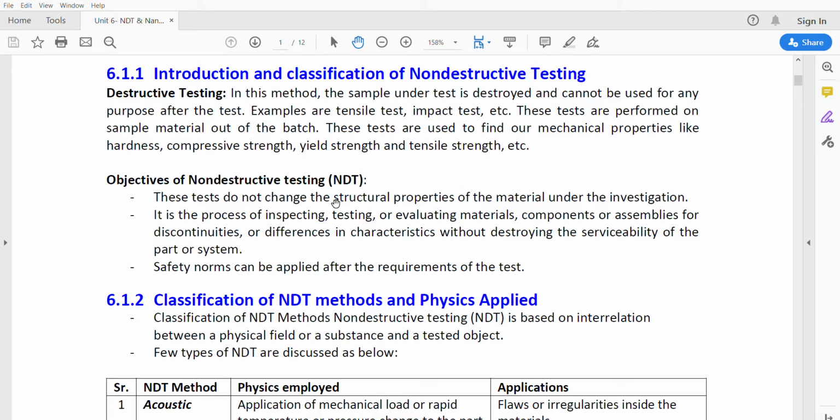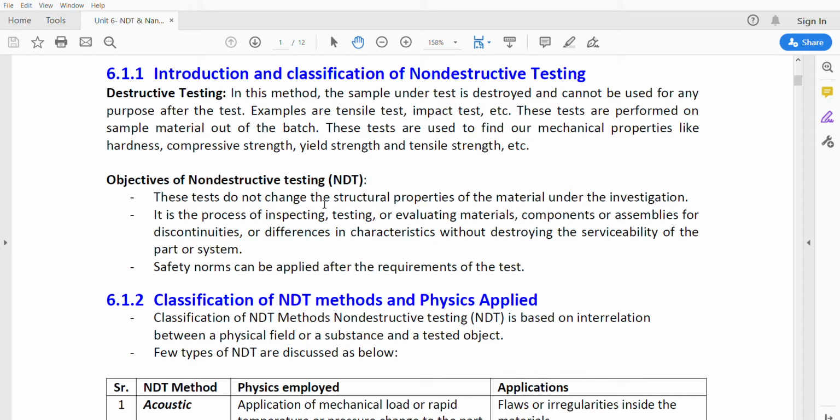Here we need to go for non-destructive testing. Mainly, without destroying or breaking the sample, we need to evaluate that material. We need to evaluate the bulk of materials. That process is said to be non-destructive testing. Without destroying the sample or the material, we need to inspect the quality and evaluate the materials inside that sample. We need to understand the holes or any breakage or any flaws present in that material. That is said to be non-destructive testing.